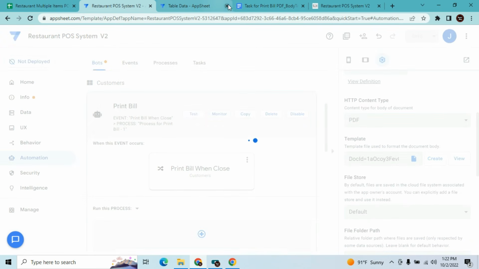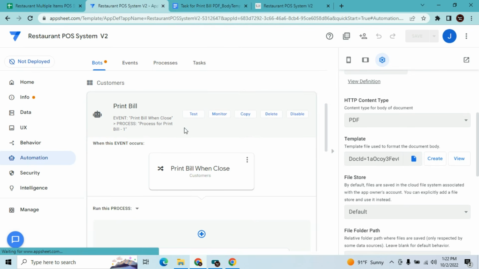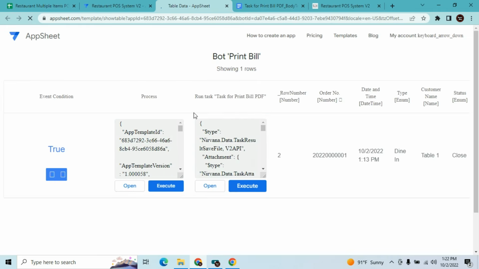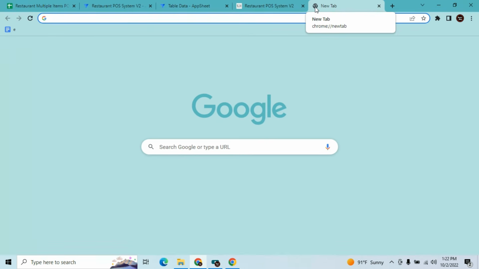And then I'm gonna test again. So this error should be gone. Then I'm gonna test. Okay, it's working. So I'm gonna close this and I'm gonna go first to my Google Drive